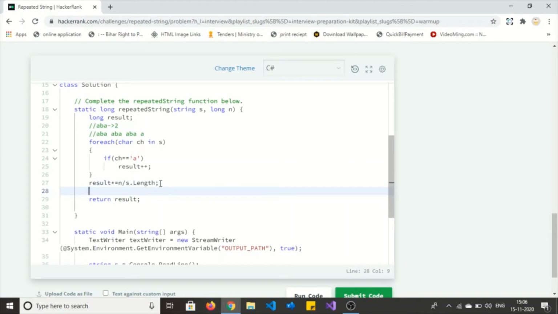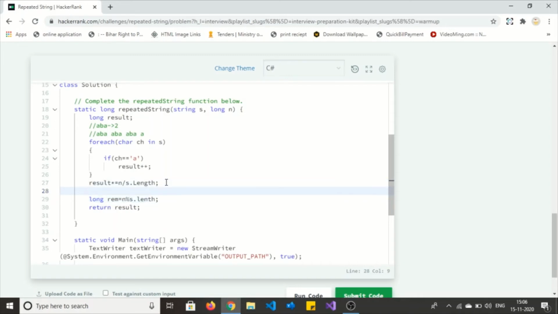Okay, and now I'm checking whether something remains after concatenating the string. So I'm creating a remaining variable, rem, which is n mod s.length. This line, 10 divided by 3, is equal to 3. Let me write it at the top.